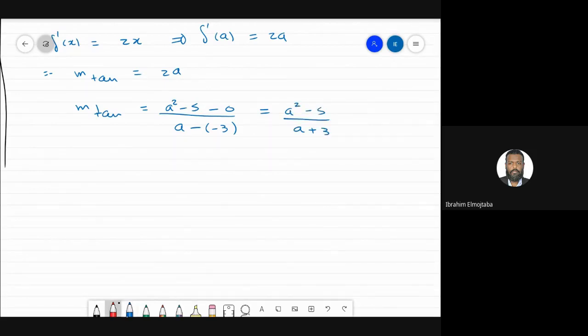فهذه الآن الميل بطريقتين مختلفتين، وبما أن الميل واحد معناها المقدارين متساويين فنحل هذه المعادلة اللي بدلالة ال A عشان نوجد قيمة ال A. فراح يكون عندنا إذن A square minus 5 على A plus 3 equals 2A. ونحل هذه المعادلة. طبعا أنا ممكن أواصل في الحل، لكن الفكرة فقط صارت مسألة جبرية فلازم أتأكد هل الفكرة واضحة؟